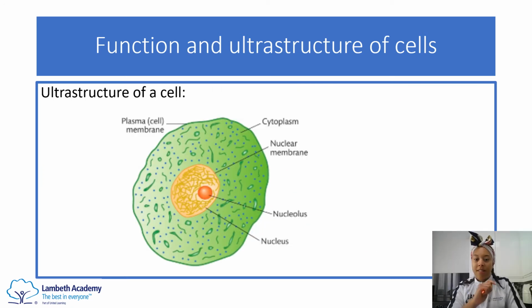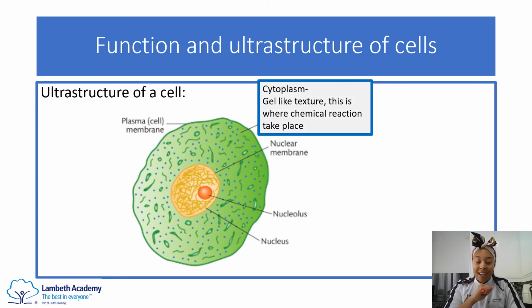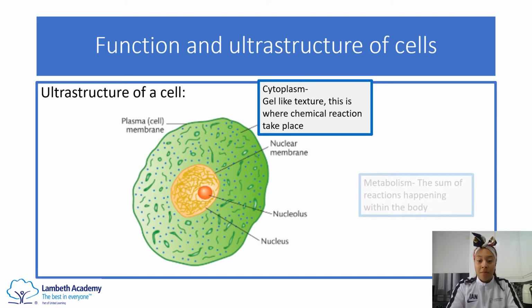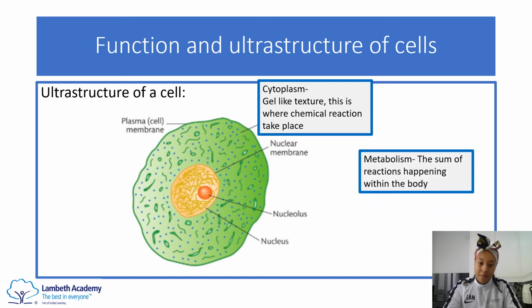The cytoplasm is the gel-like consistency which is on the inside of the cell membrane. It's actually where all of the chemical reactions will take place within the cell, and there's a term for that. That term is called the metabolism, and that is the sum of reactions happening within the body. All I need you to know though is that the term for chemical reactions taking place within the cytoplasm is